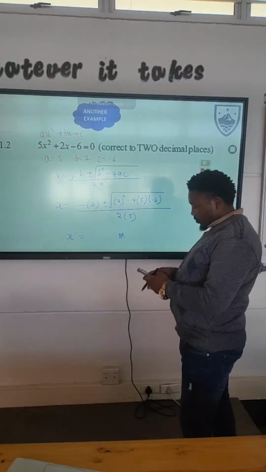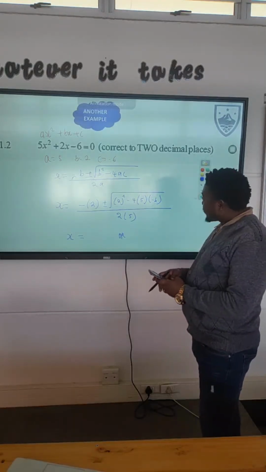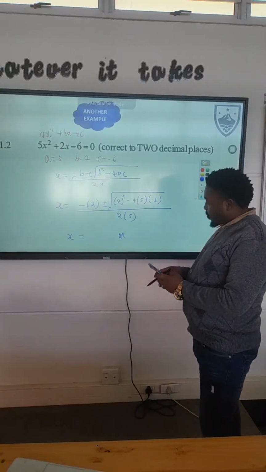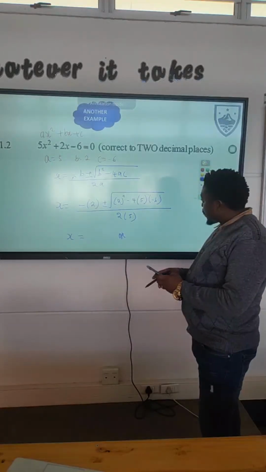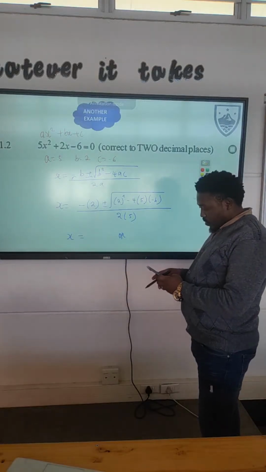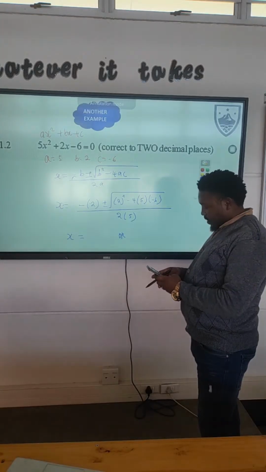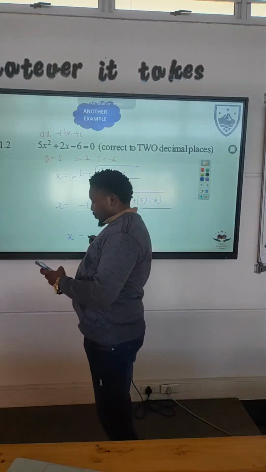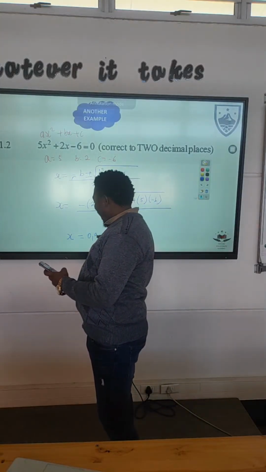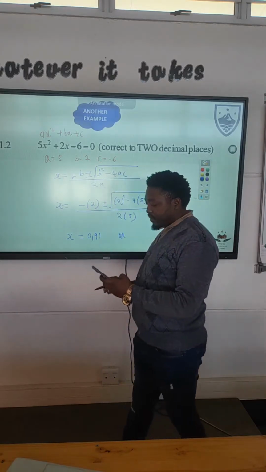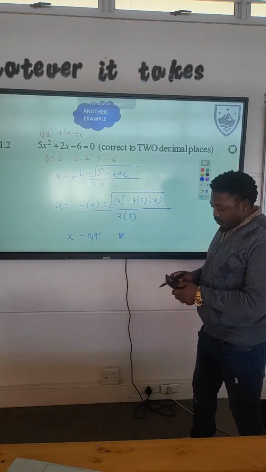-2, and then plus the square root of 4, and then plus 4 times 5 times 6, then divide by 10. Yeah. I think we already found that. This will be 0.91 to 2 decimal places. And then if we want to look for the other one,